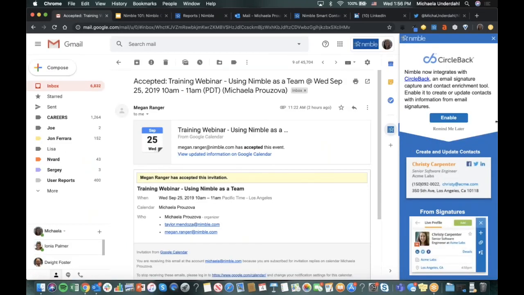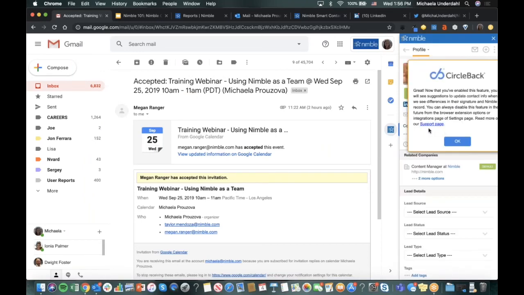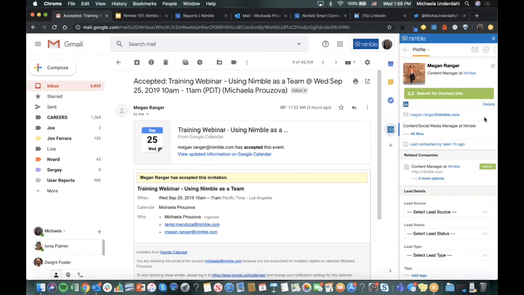In Gmail, here you're seeing a Circle Back integration that I will enable. This is the plugin inside of Inbox, and the Circle Back integration you just saw popping up allows you to give Nimble the rights to look at the email signatures of people that are emailing you and automatically grab the information and attach it to the contact record. So again, it will be saving you a lot of time on data entry